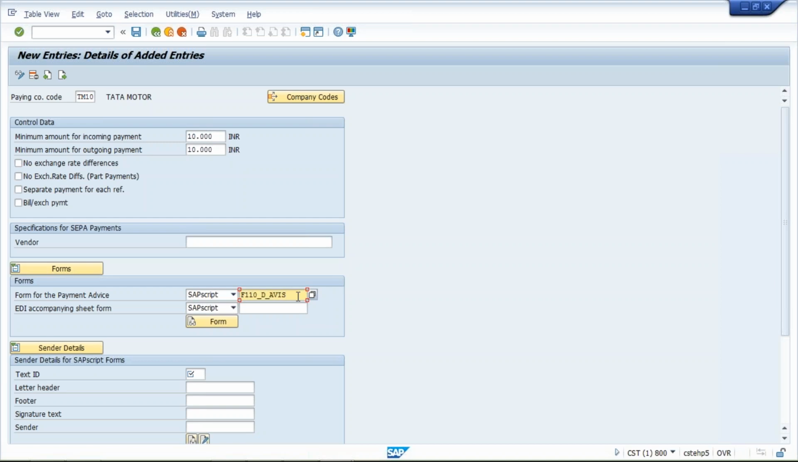This activity will be performed by technical consultant, ABAP consultant. Whatever forms are being developed, that will be done by ABAP consultant. They will develop the form, and they are going to give you a form name like this. Okay, once they give this form name, then we are going to link it here, and headers here, certain text ID, this letter header, footer details, these are the standard ones which I am going to give. Okay,